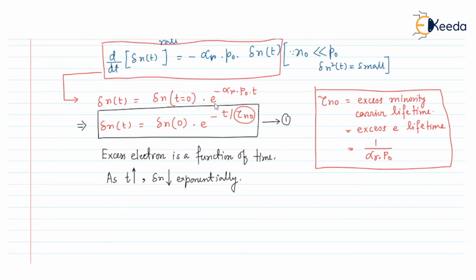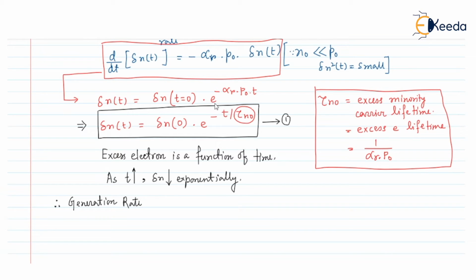This is the physical significance of del nt. That means it gives the decay of the minority carrier with respect to time. It gives the decay. Therefore, we can say that the generation